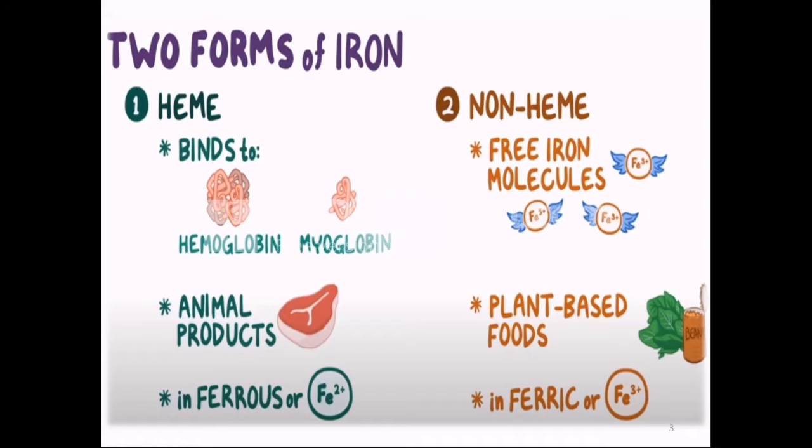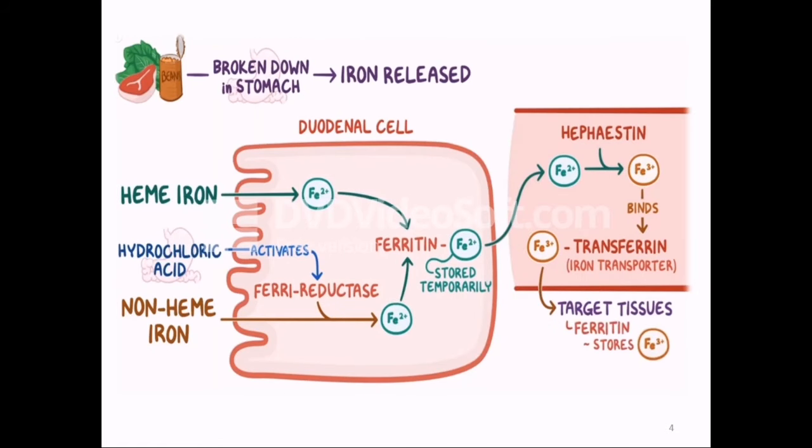Now, when the food is broken down in the stomach, iron is released. Heme iron is absorbed directly in the duodenum cells, where it's broken down to release ferrous molecules. Non-heme iron, however, needs to be reduced to ferrous iron first, so the stomach hydrochloric acid activates a group of enzymes in the duodenum cells, collectively called ferric reductase,